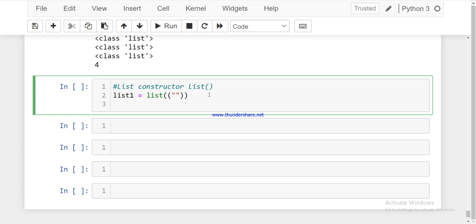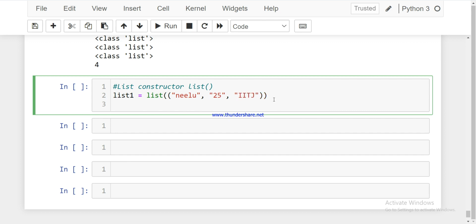So this list is containing Nilu and 25 and IIT Jodhpur. So yeah, this list contains multiple values.